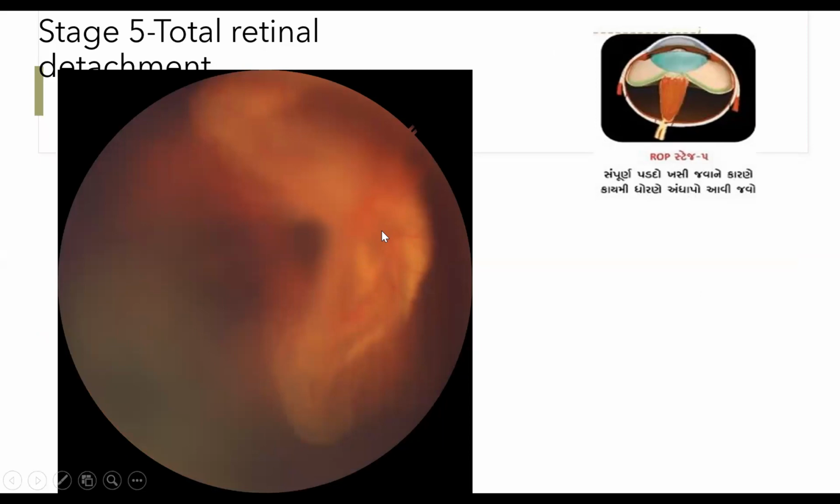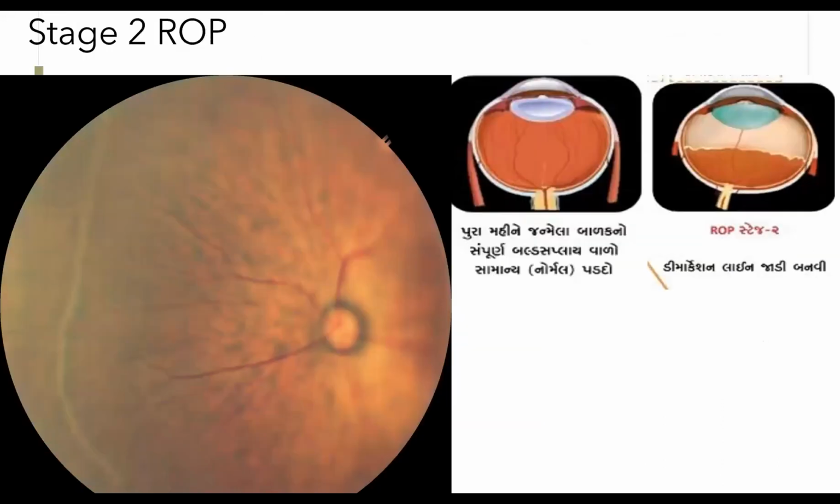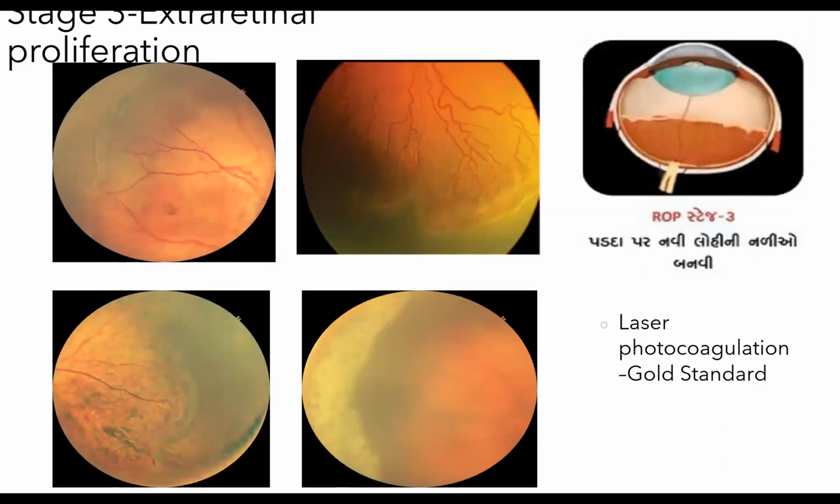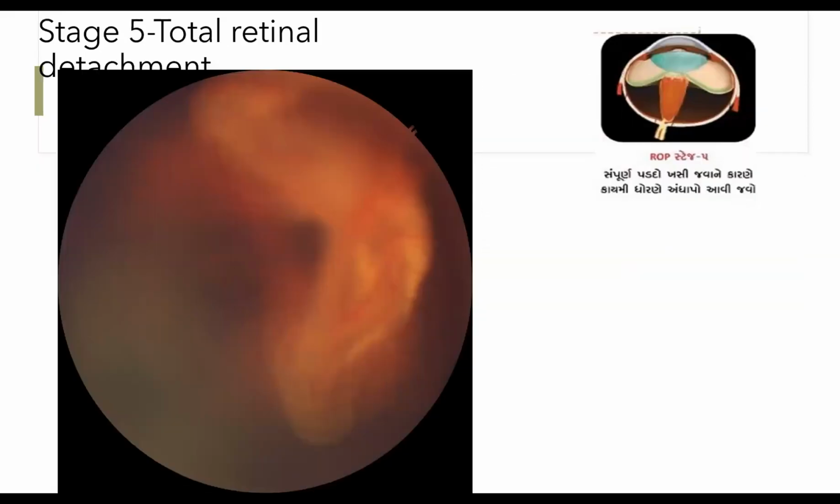And the visual prognosis, not talking about visual prognosis, even the anatomical success rate of an attached retina after doing the surgery is very less, less than 20% in the best of hands in stage 5. So it is a responsibility to screen the baby on time, to diagnose the disease timely, so that a minimal intervention with a laser or an injection can prevent the baby from going into retinal detachment and lifetime blindness.